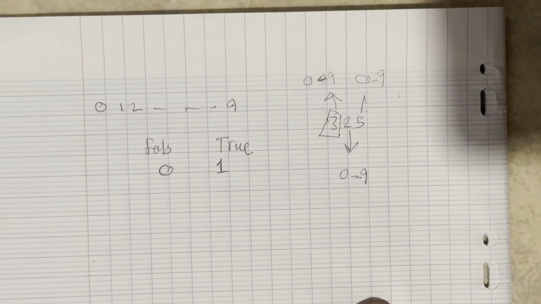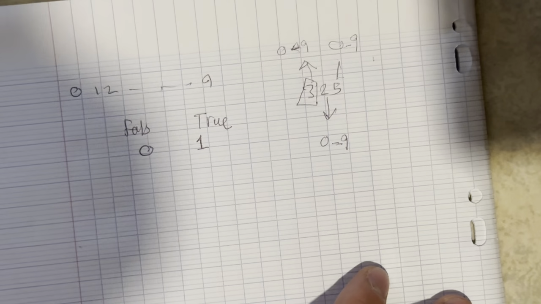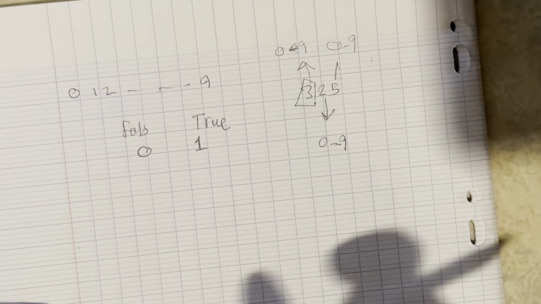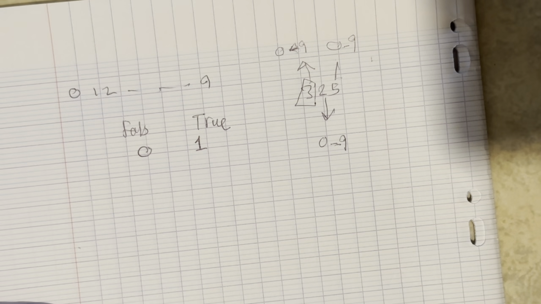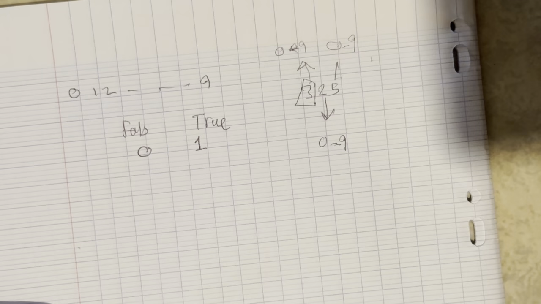So in the binary system we are using these 0s and 1s, and whenever we are sending and receiving data,